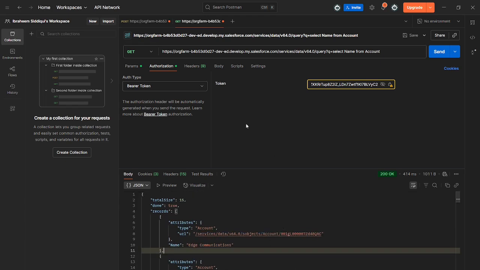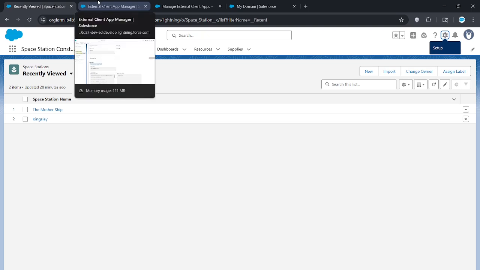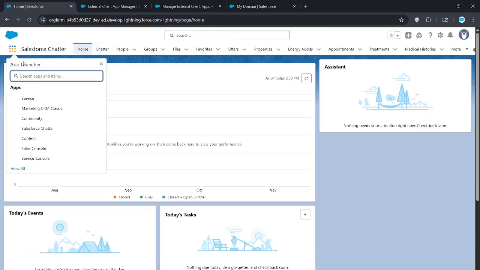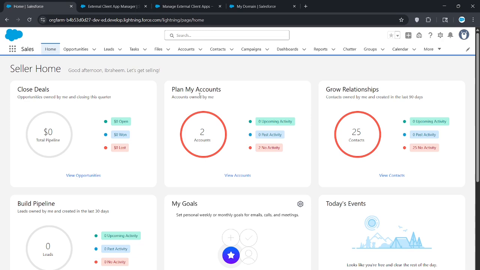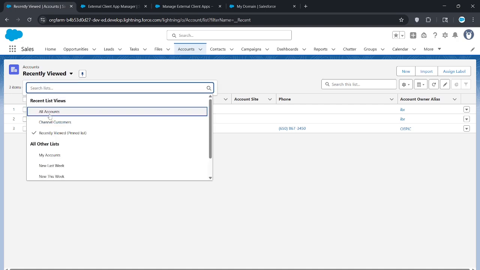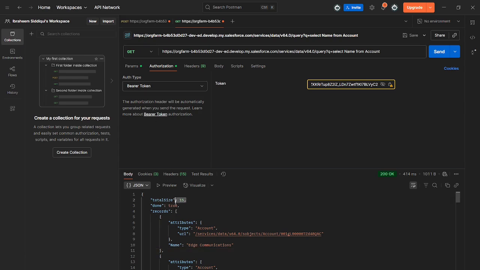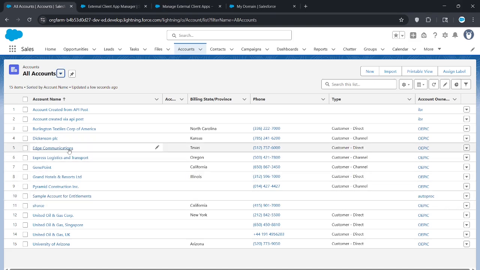Now if you want to check if it's working, go back over to Salesforce and go to your Sales app. Okay, so we're in the Sales app, and we're going to click on the Accounts tab and change this to All Accounts. You can see that there are 15 right here, and you can see all the names, also Edge Communications right here. We can see how all of the data is now